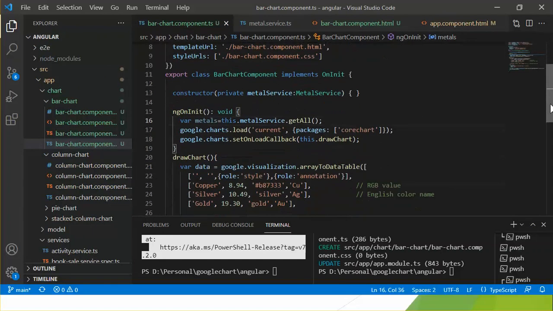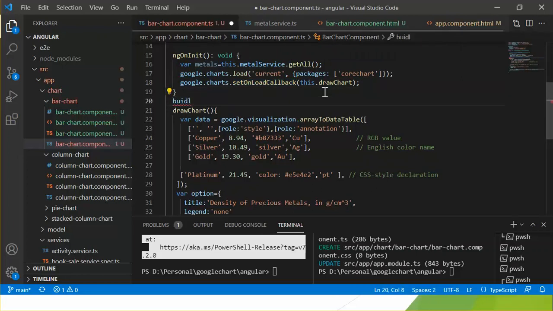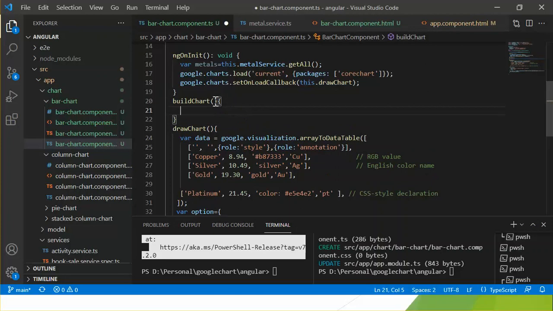As this method is passed in the callback method, we are not allowed to pass the data from the service into this method. So we need to refactor our code. I am creating here a new method, and naming it build chart. Within this method, we have one parameter. The name is metals. This is the array of metal model objects.